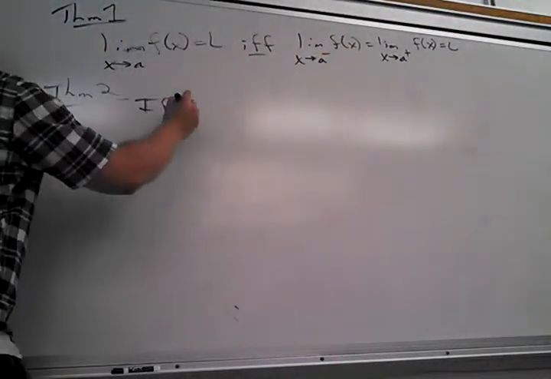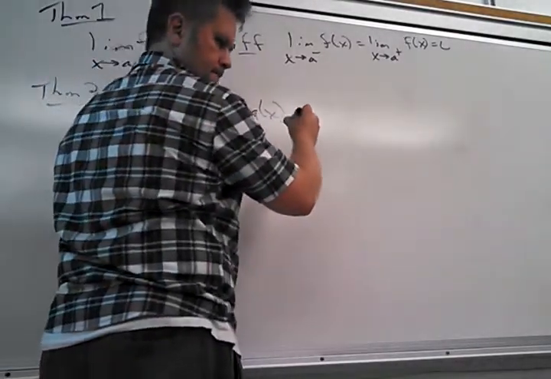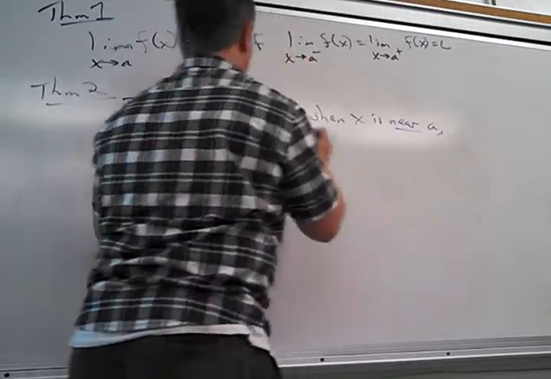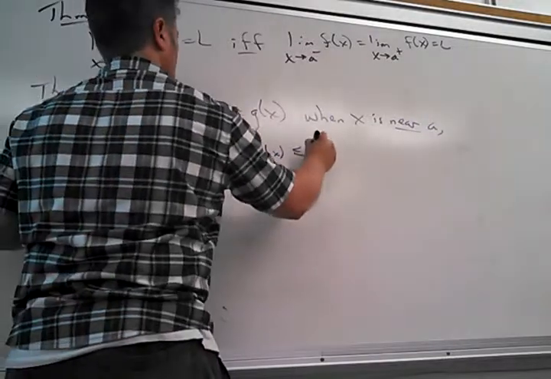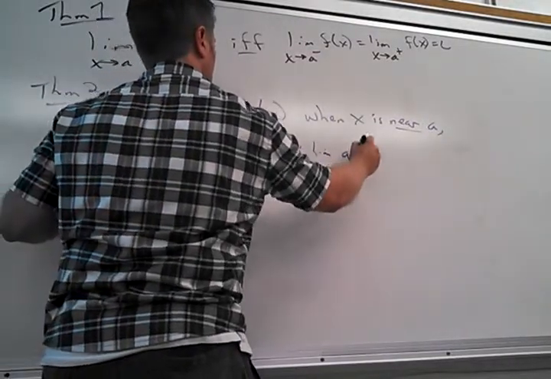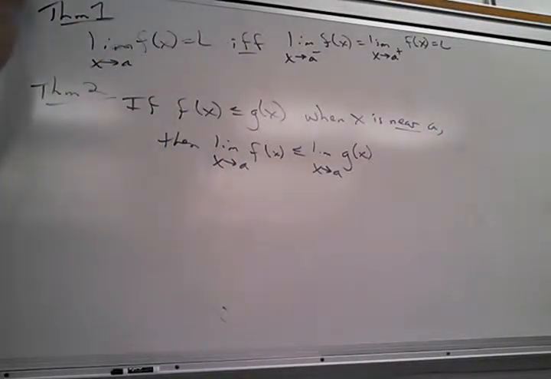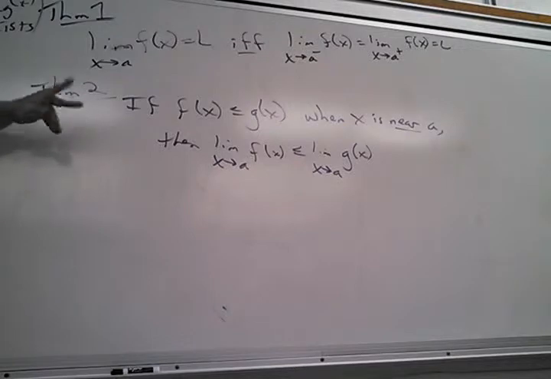This is not used that much, but again, just for completeness. These are all limit f of x and limit g of x exists. It's pretty much at the beginning of almost every theorem about limits that we use. They have to exist in order for these things to happen. How are we doing so far? So it kind of makes sense.